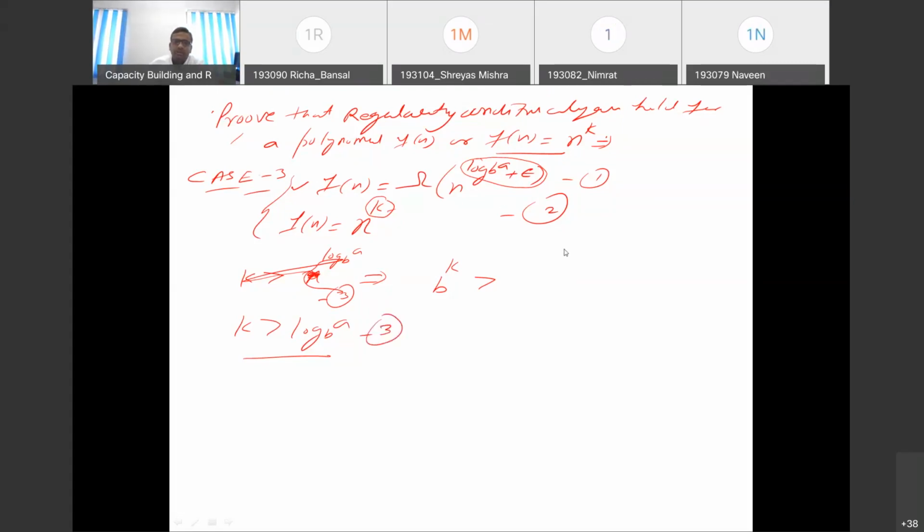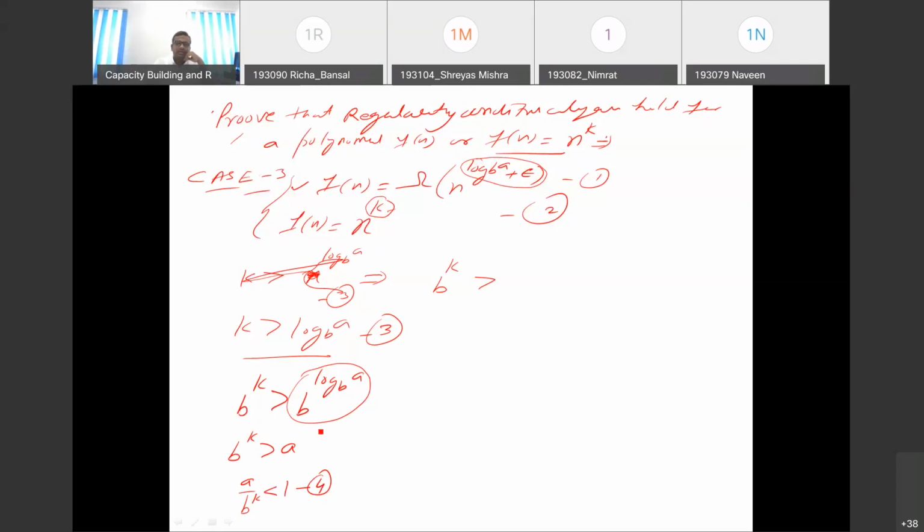to the inequality 3. Now from 3 we need to raise, let it be b raised to the power k, it will remain greater than b raised to the power log of a base b. Fine. Now this term, what exactly is this? This is equal to, what is its value? Is equal to a, yes, no? Or you can say that a upon b raised to the power k will always be lesser than 1. So this is inequality number 4.